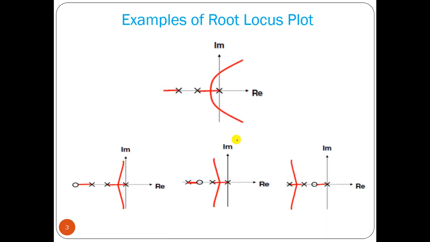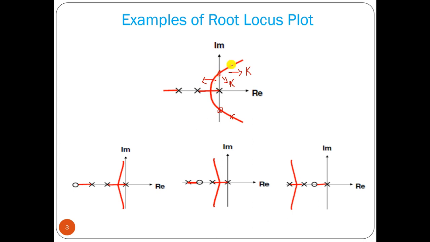Okay, now say this example I have already explained that if this is the root locus plot, then we can say for a particular value of k, when these poles are at this position, then for that value of k, your system will be marginally stable. If the pole enters into this position, in the right half plane, for that value of k, the system will be unstable. And if the poles are on the left half plane, then it will be a stable system. Then we can find out the value of k.